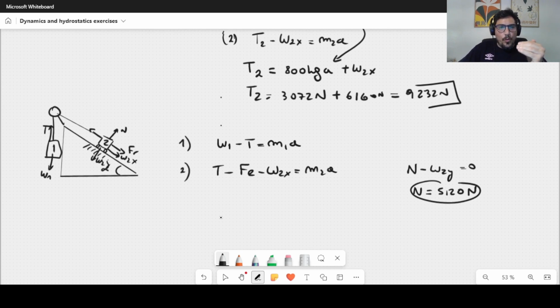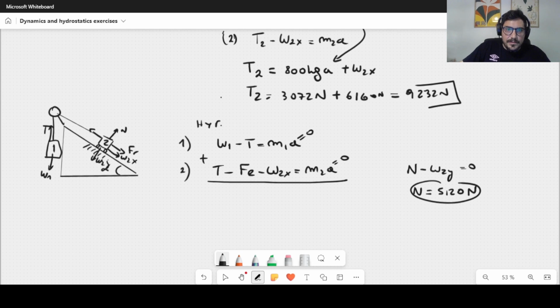before we keep on working. What happens when we have friction? One possibility is that the object doesn't slide at all. So what is this? It is to have an acceleration that is 0. So if we sum and we assume that the object doesn't slide, we are going to obtain the friction that is needed to maintain this system at rest. So that's a hypothesis, no? Hypothesis,